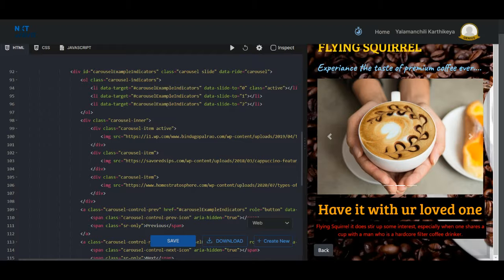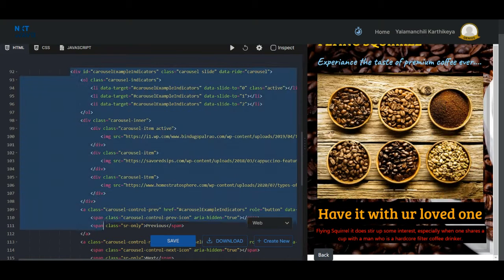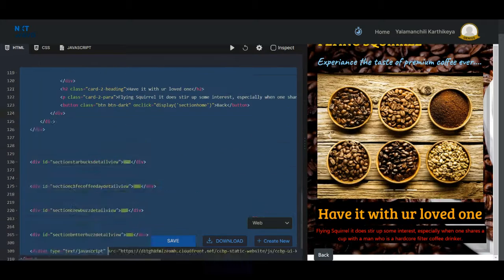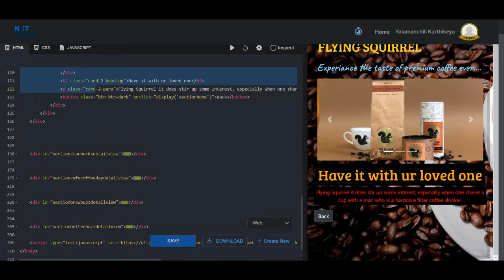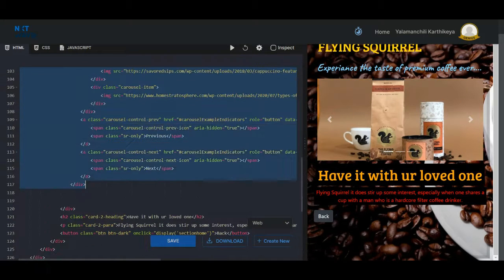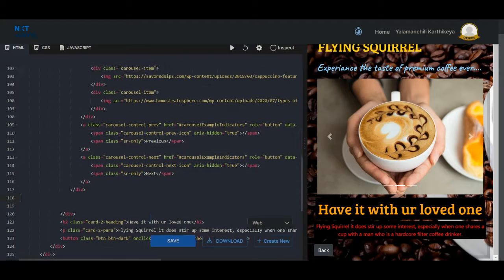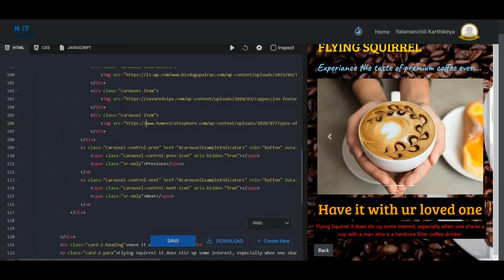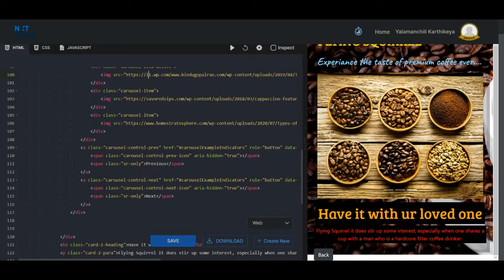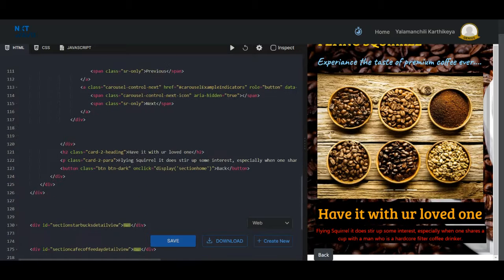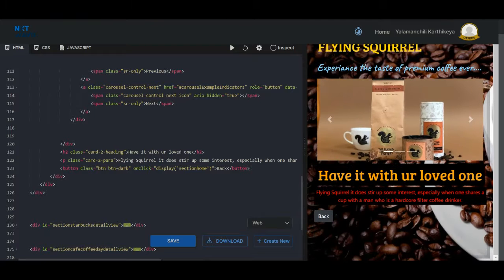I got it from Bootstrap. Everything until here is the code for the carousel only. I gave the image links here, 1, 2, and 3. Yeah, we are done with the carousel part.